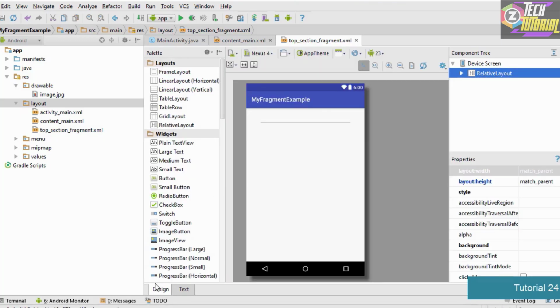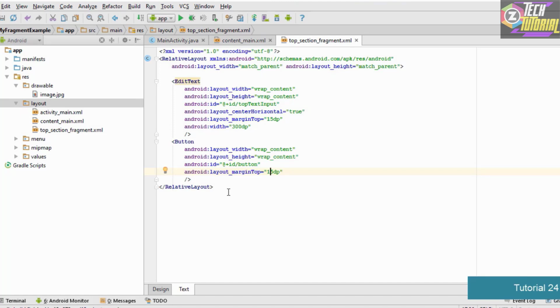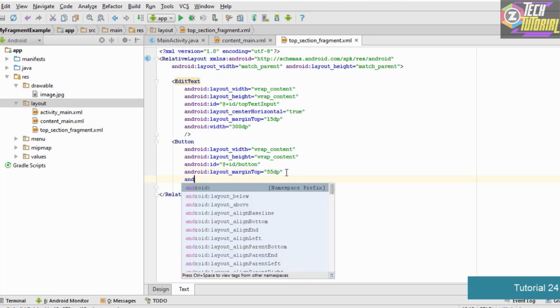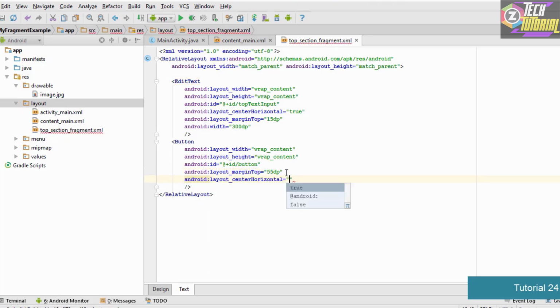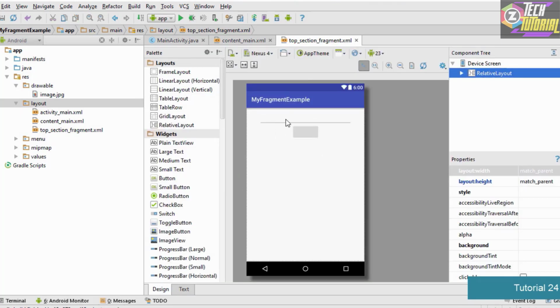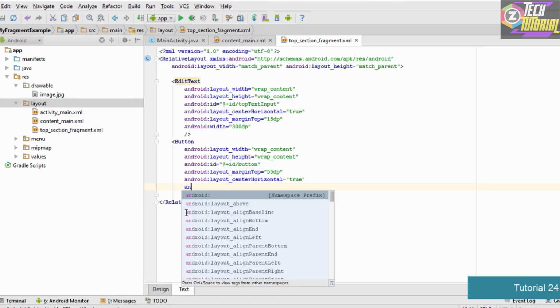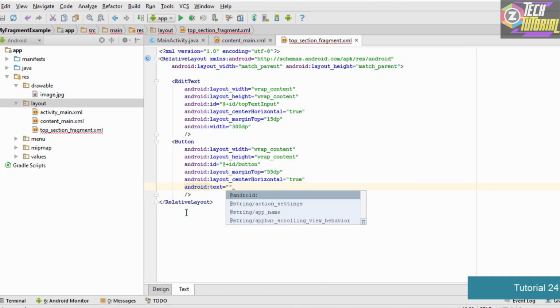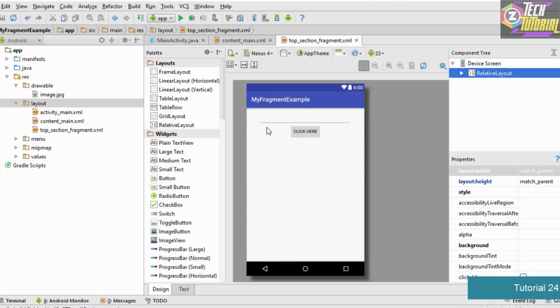Let's see how our layout looks. I think there should be more margin, so let's change the margin to 55 dp, and now let's align the button in the center horizontally. We type android:layout_centerHorizontal equals true. As you can see, we have laid out the button in the exact center. Now let's specify some text on this button. We type android:text, and let's say the button says click here. As you can see, we have successfully designed the top section fragment.